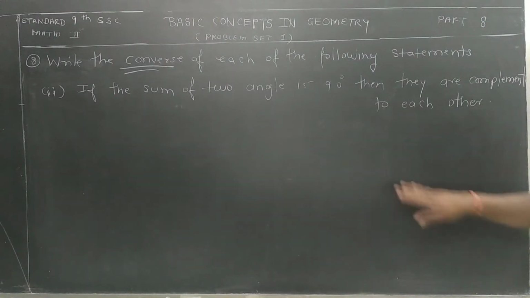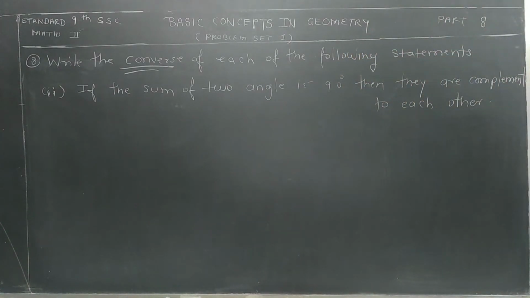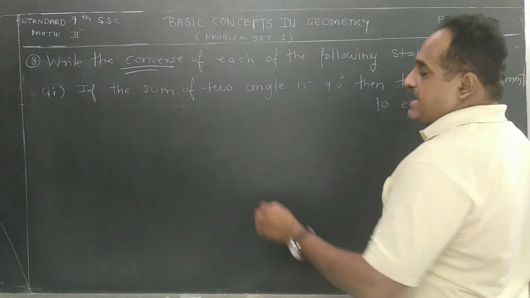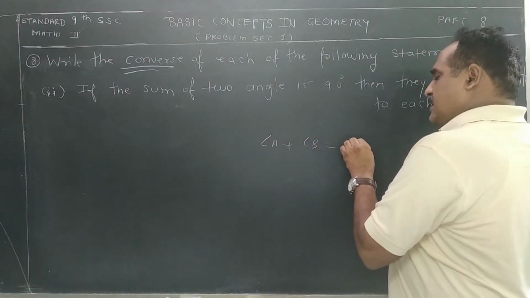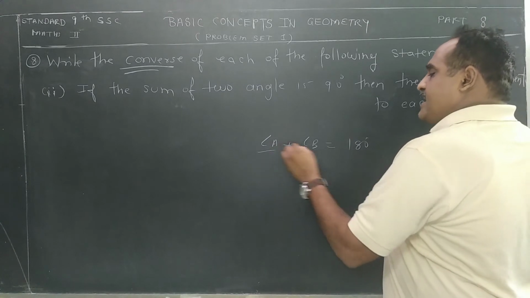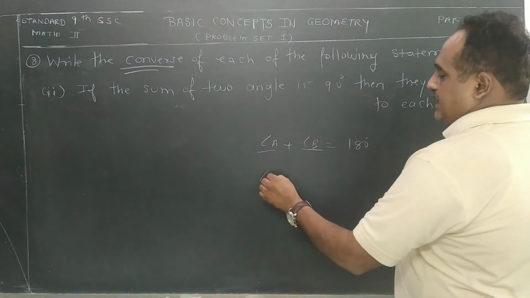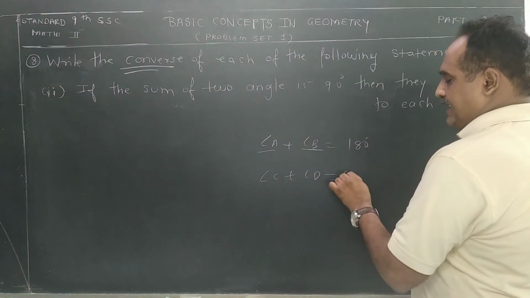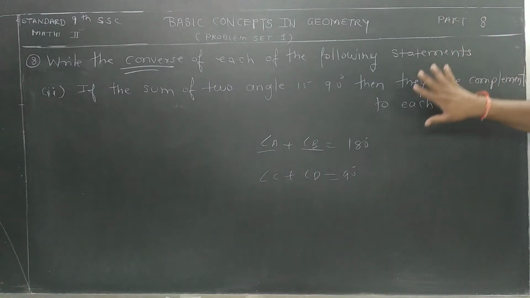One concept that I have given is that the sum of the angles formed is supplementary. Supplementary का मतलब क्या है? If there are two angles, angle A and angle B, and their sum is 180 degrees, then they are called supplementary. And if the measure of C plus D is 90 degrees, it is called complementary. So these things we are going to study in 9th standard.